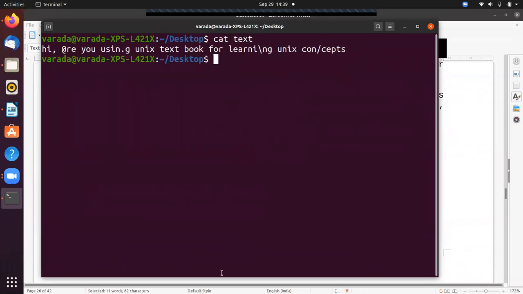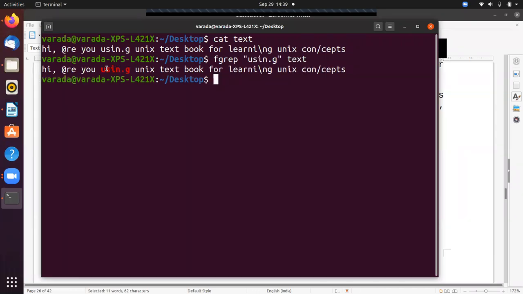Okay, this file contains some data, and this data contains some meta characters. Now I want to search, so I'm going to use fgrep, that means fixed grep. The pattern is usin dot g and the file name is text. Now it matched with using only, exactly using.